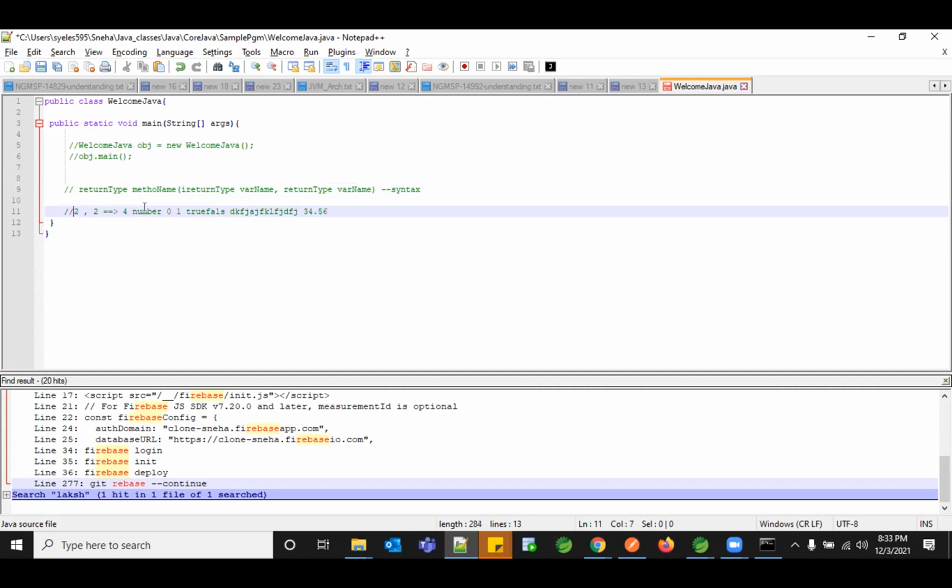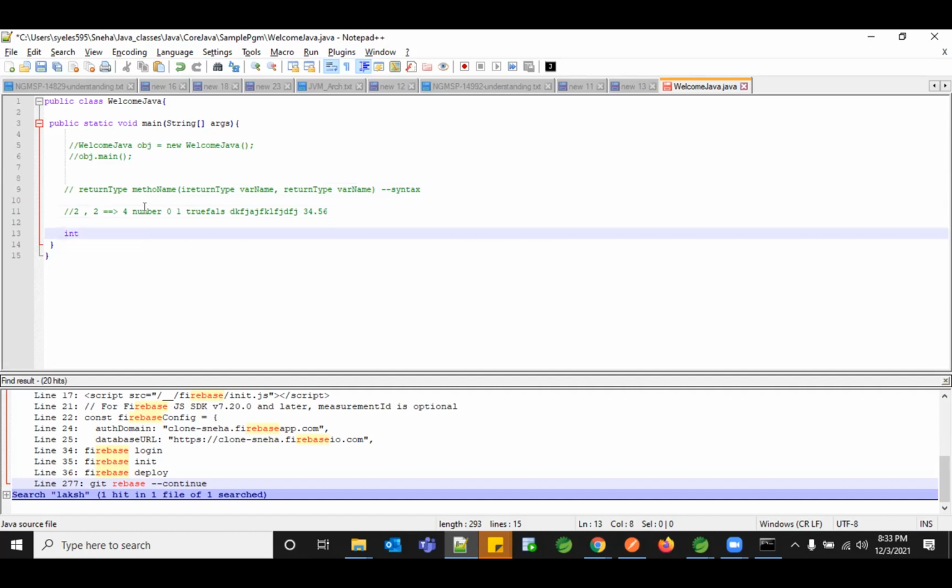And what are those return types? So right now I'll just give you basic return type examples. And going forward, you will get to know what are the data types you have, what are the types of data types you have, and what type of memory you need to store for it, and everything you learn in the next class in detail. Right now, I'll just tell you what are the minimum data types you need to know to create a program.